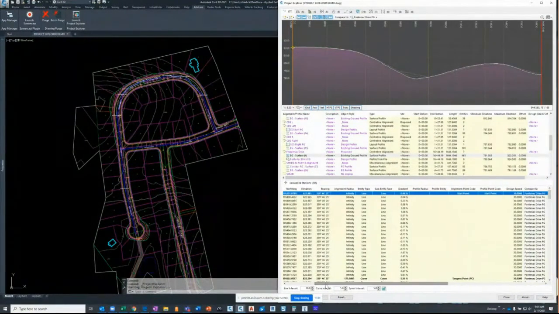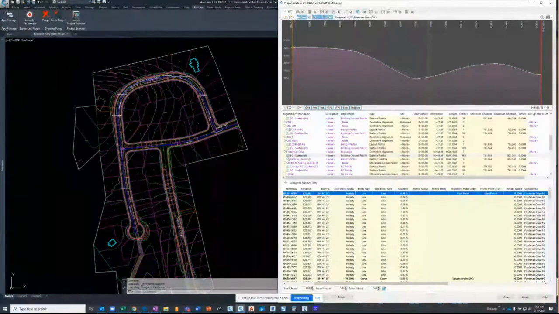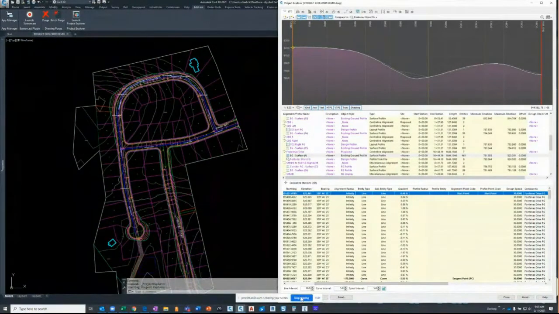I don't want to have to be scrolling back and forth in my window trying to see what I'm comparing. So how do I go about customizing that window a little bit so that I can see only the data I want and not all of the extraneous data that I really don't need to see to make this comparison? So to do that, I want to hit the layout button down here in the bottom,